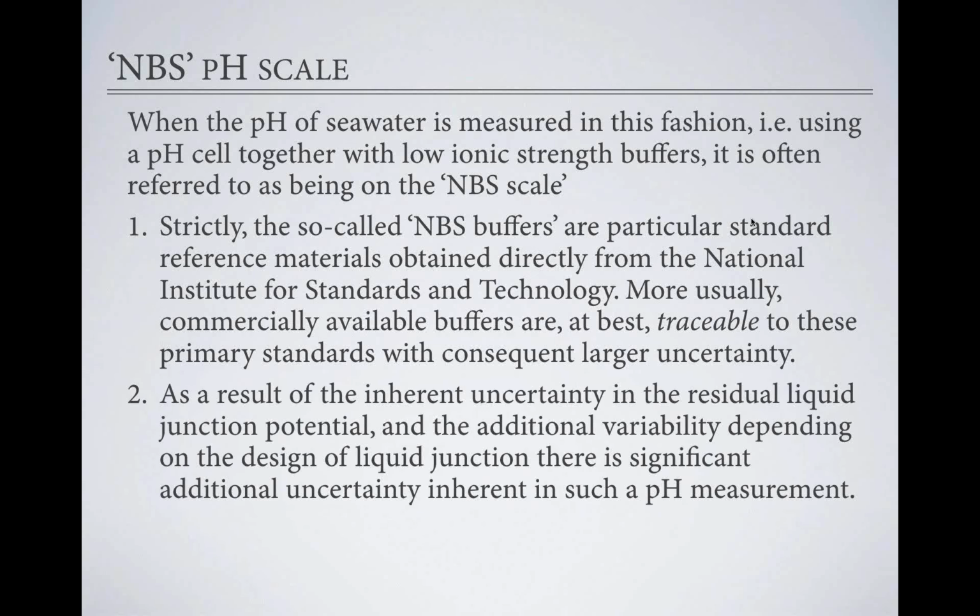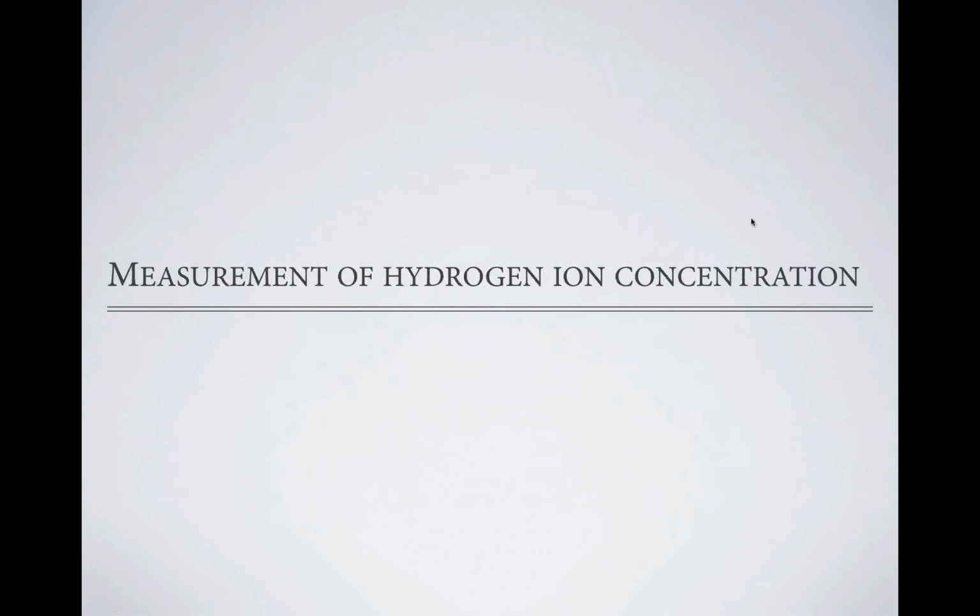But it's this problem with the liquid junction that really is the damning problem for using this NBS pH scale in seawater. The variability depends on the design of the liquid junction. Some are better than others in terms of how stable they are, but different designs come up with different potentials, and thus, in principle, different apparent pHs. As a result,